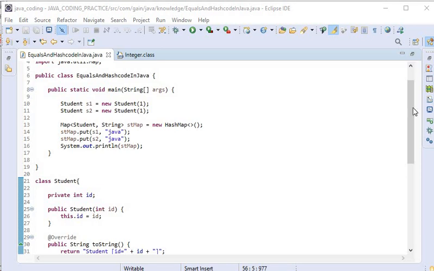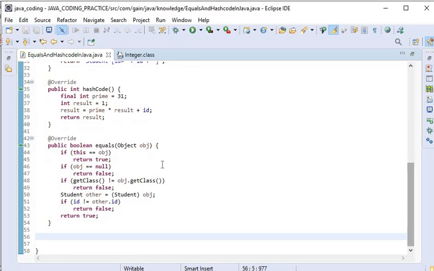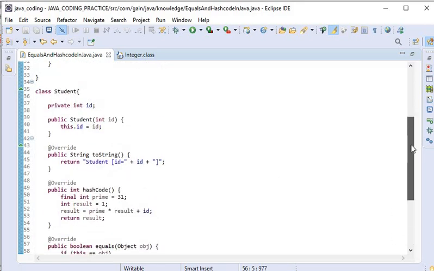Now we have generated both methods and overridden them: equals is available from the Object class, and hashcode is also available in the Object class, and its return type is int, and the return type of equals is boolean.